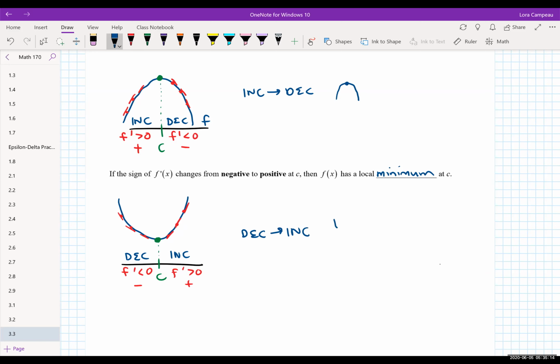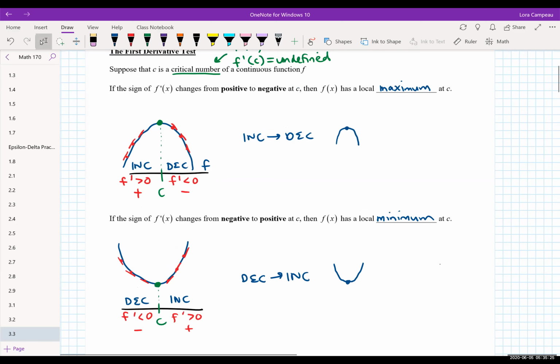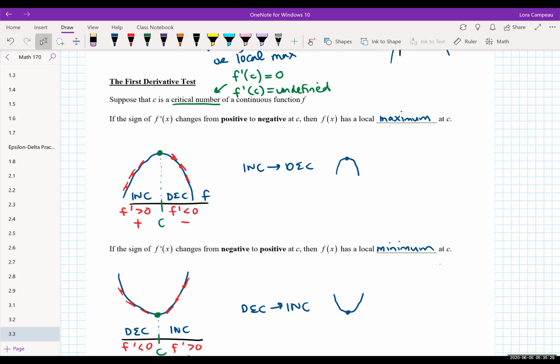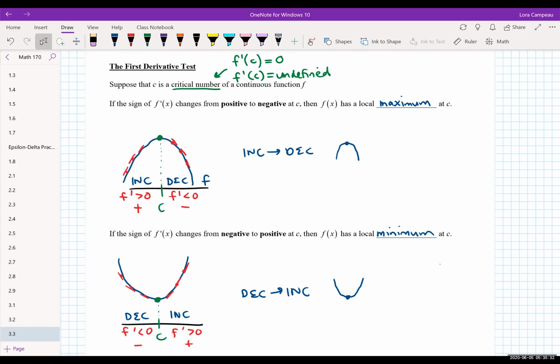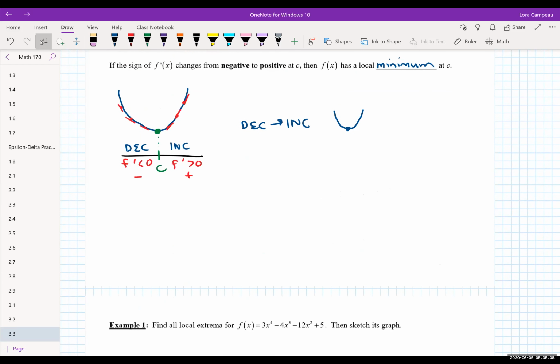Well, the function's decreasing. Eventually we have to make it increase. We end up having that local min. So sometimes that helps too. Now remember, we're talking about the sign of the first derivative, hence the name of the first derivative test, to give you information about the original function f. So look at that. And then I also want to give you a little note, because this is where we run into the confusion. If you had no sign change,